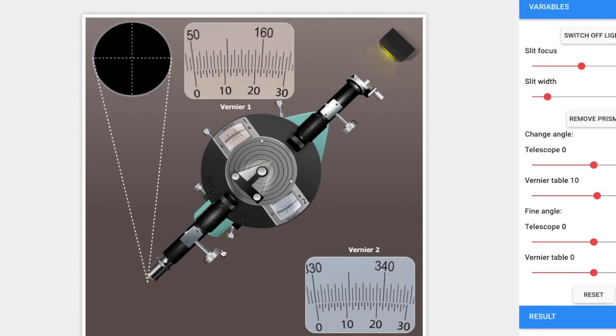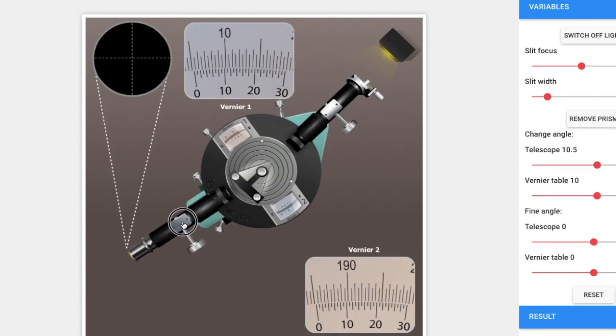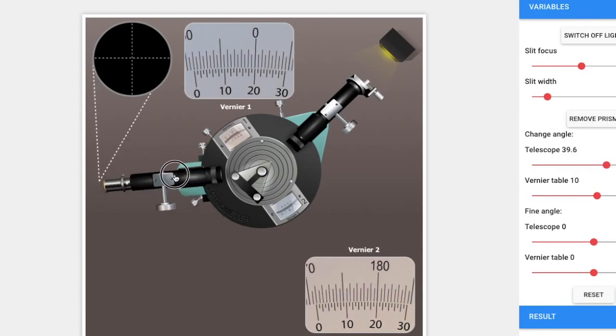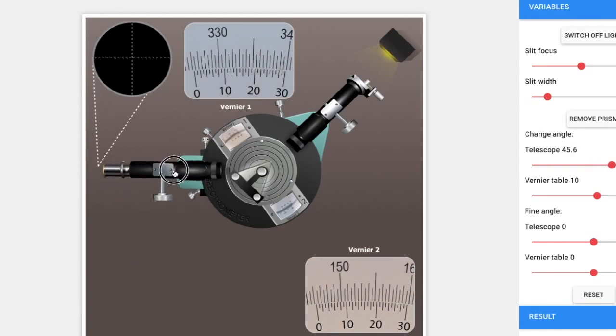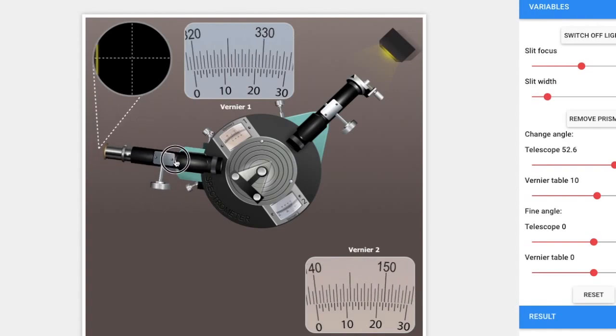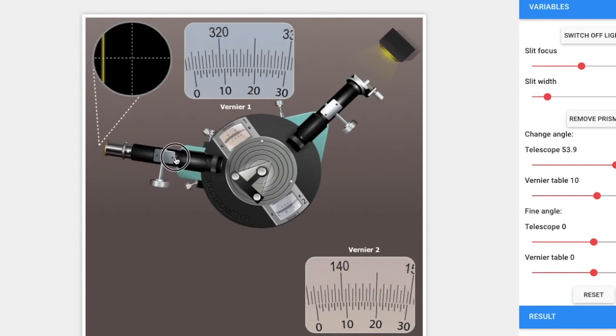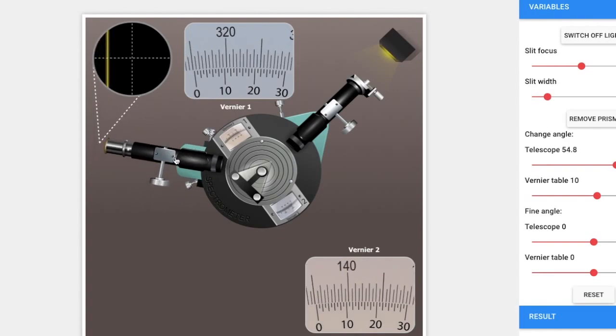When you bring your mouse pointer over the telescope, your pointer will turn into a hand. That's when you can left click and drag it, as I keep on going left and left. So somewhere here I can see. Now I can also do the same by rotating the telescope.